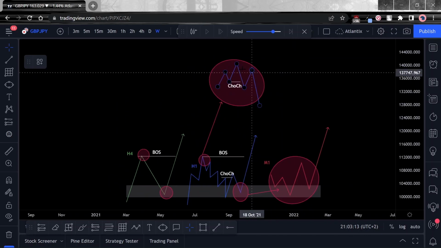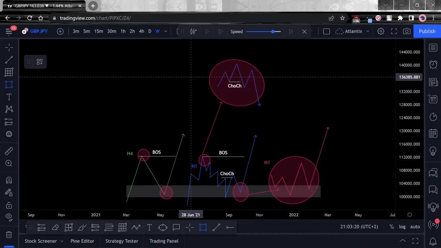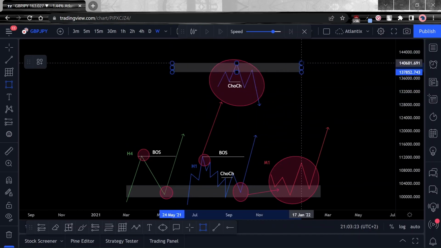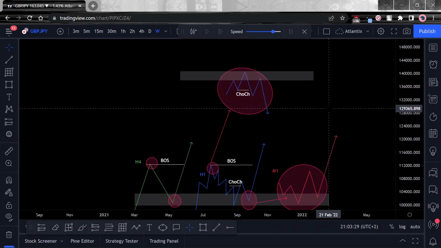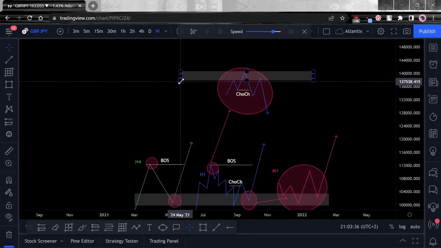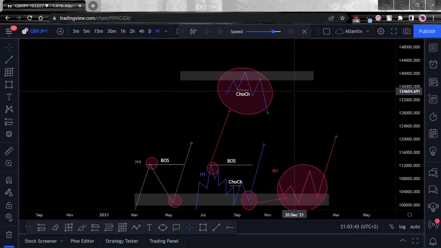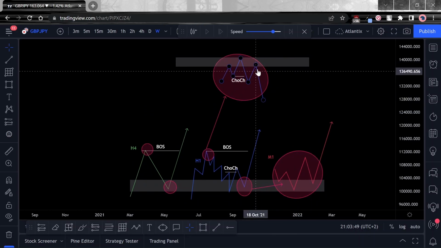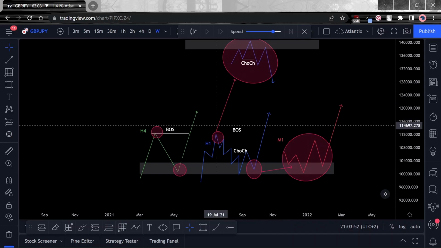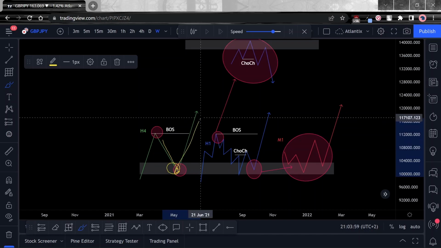So you need to make sure you're following those rules that we gave for a change of character, meaning if it's going to be, say, in H1, you've got a significant area of value here where price might turn to become bearish. Maybe it's a major resistance, major zone of supply, whatever it is, major order block. As long as it's a significant point of interest where you anticipate price must turn, and then you get that internal change of character, then that's how you take a trade against the trend, move down with it whilst it heads back to our point of interest where we can continue with the trend and move up.